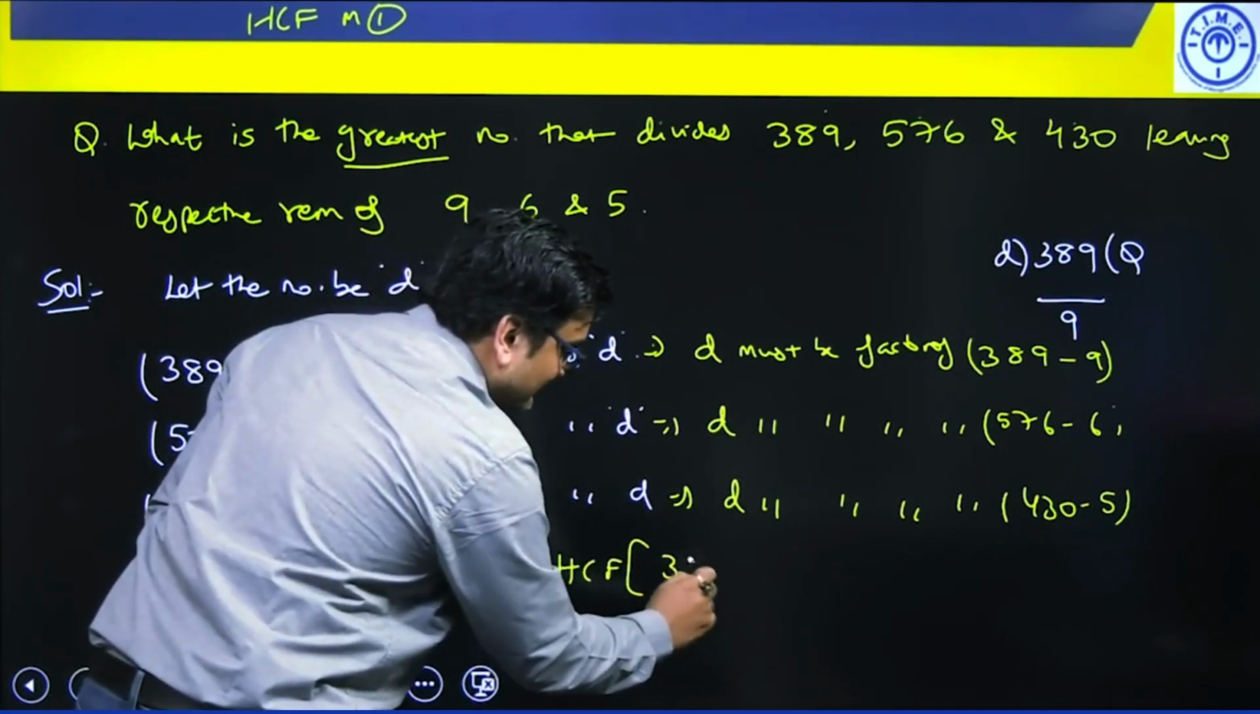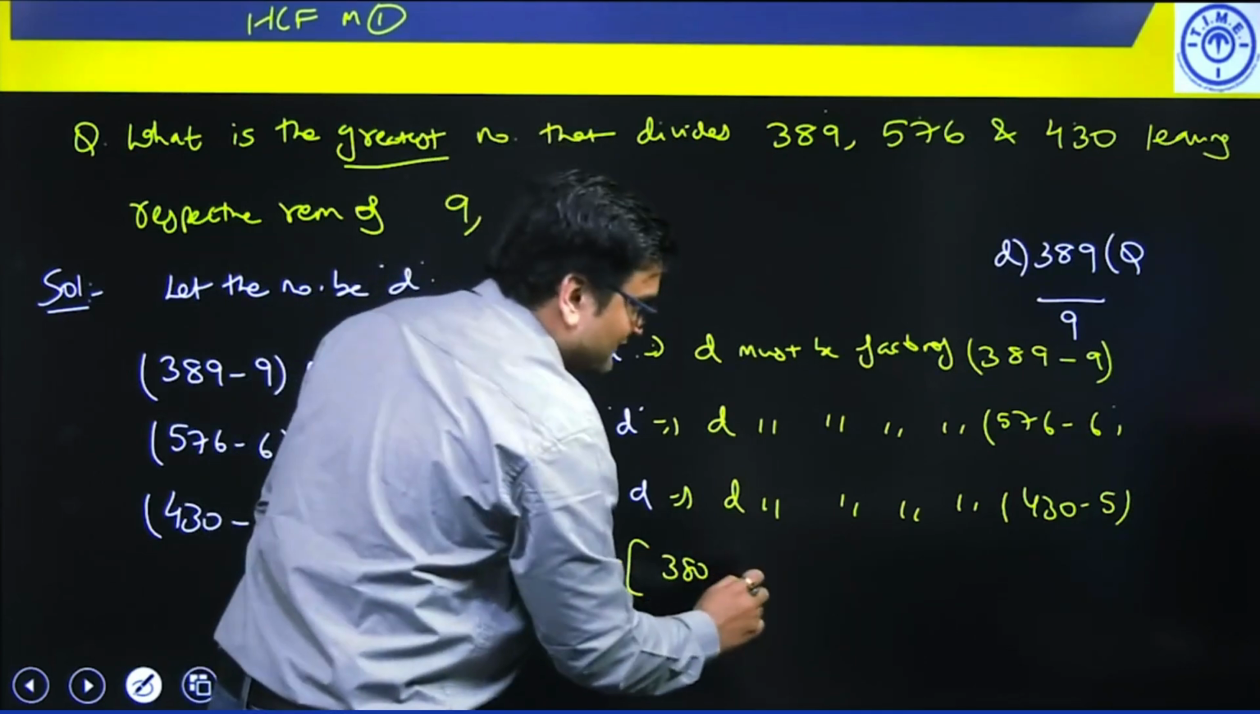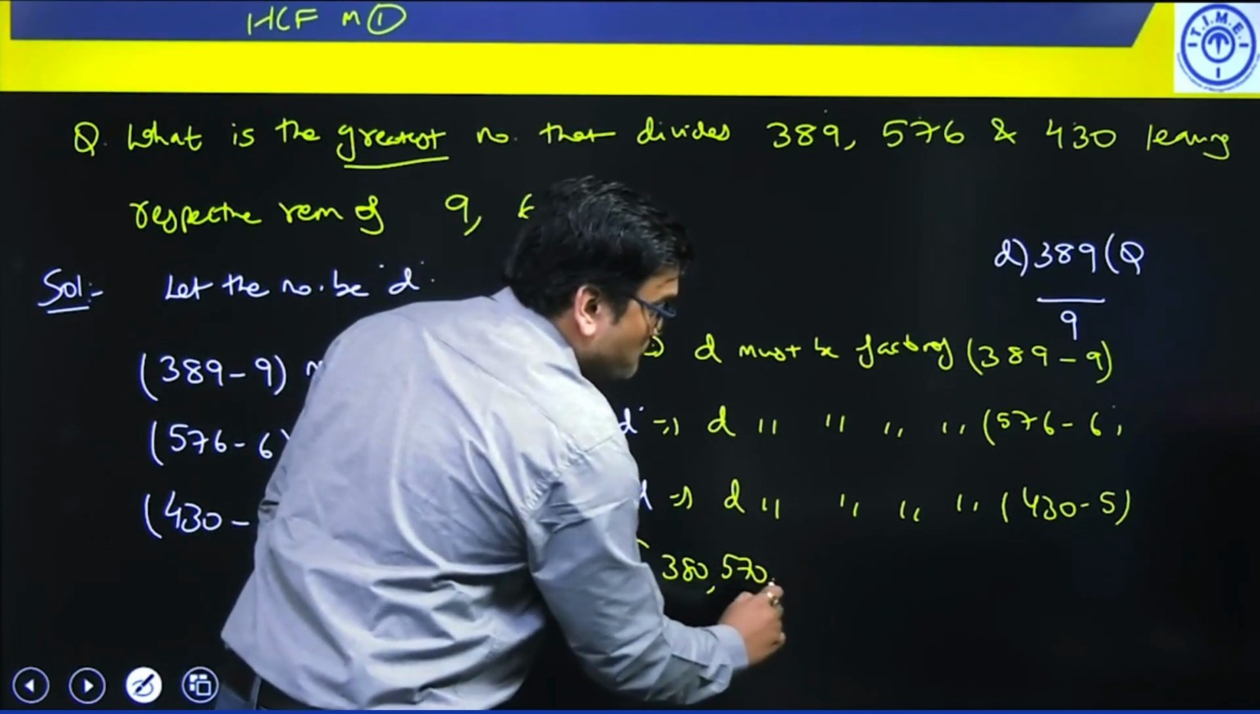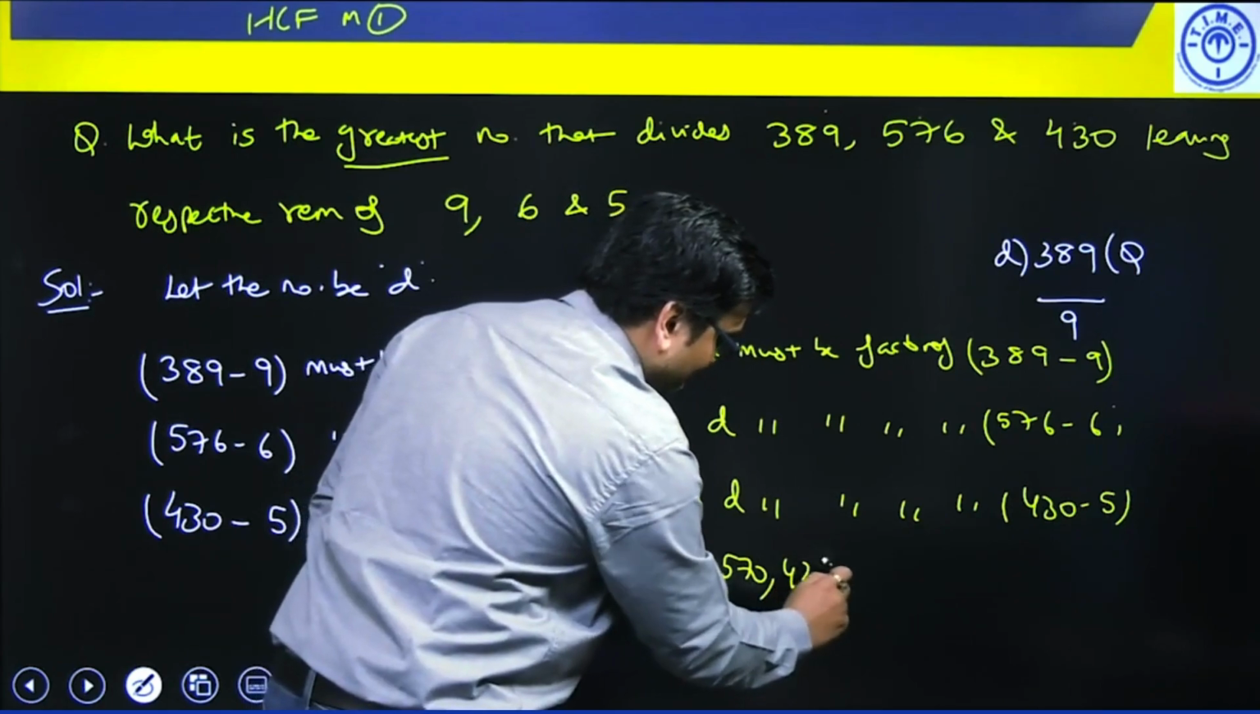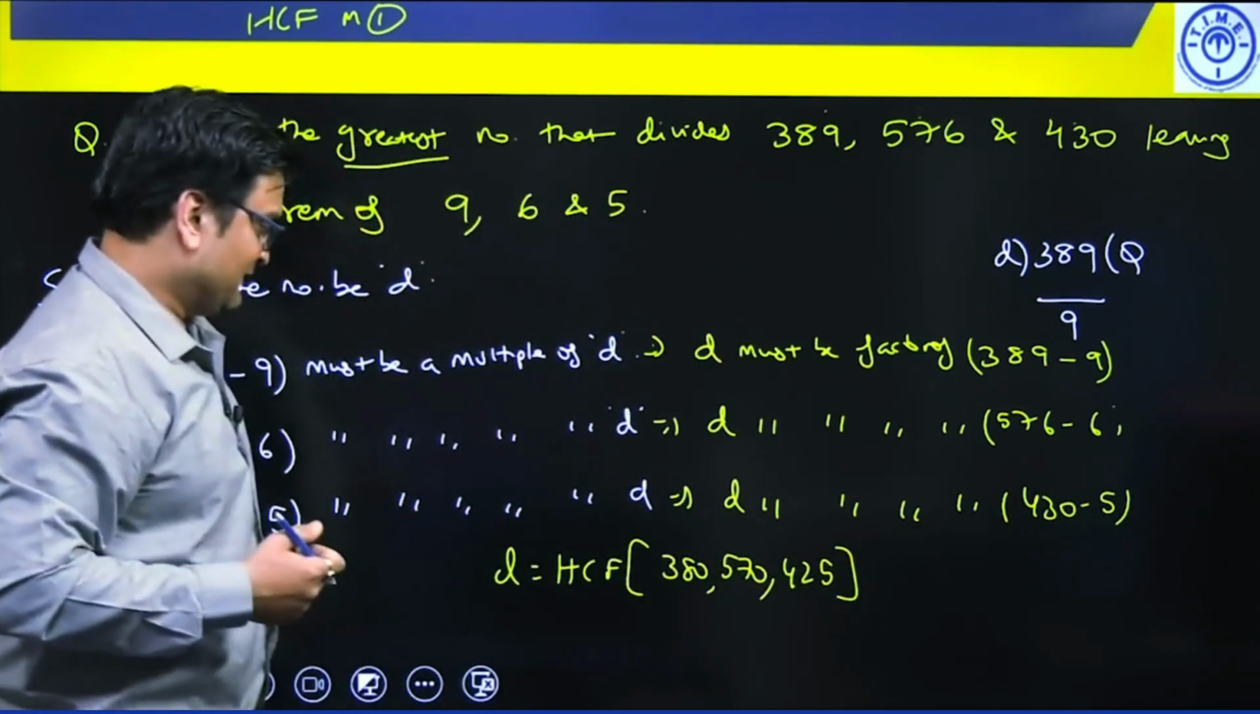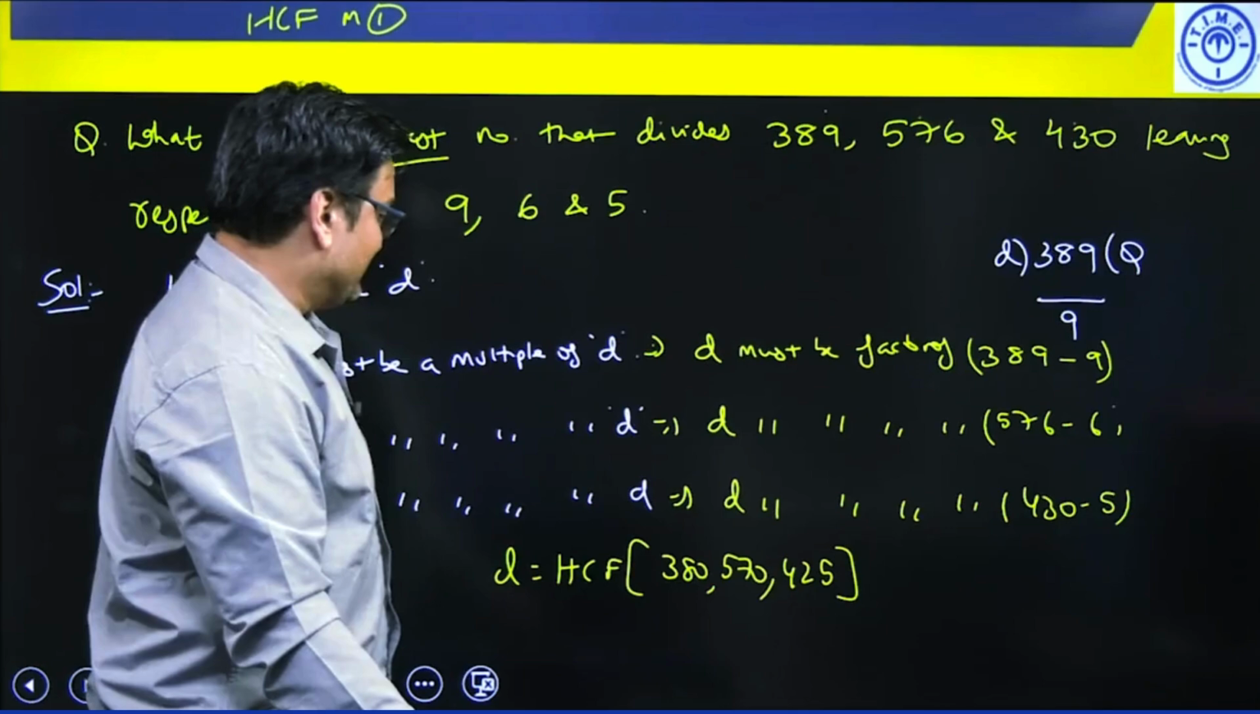389 minus 9, 380. 576 minus 6, 570, and this is 425. So let's see what do we get here. So I'll just do it on the next slide. 380, 570,